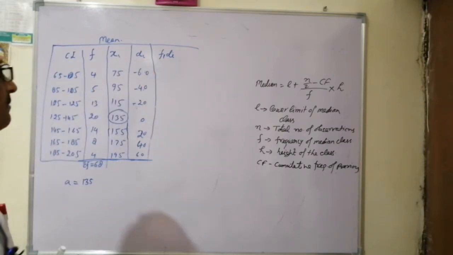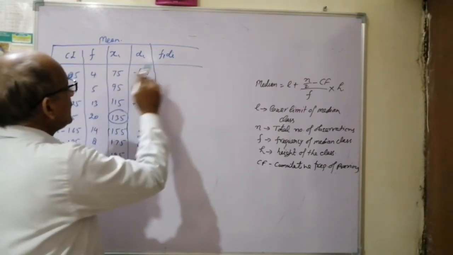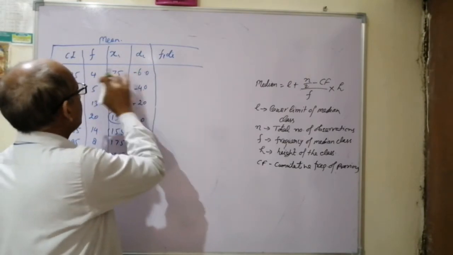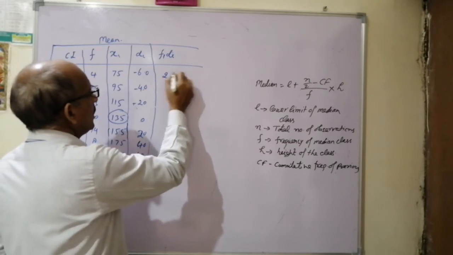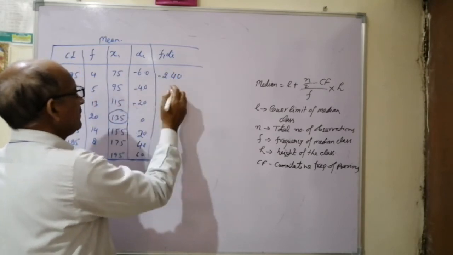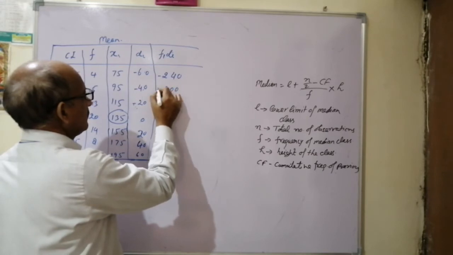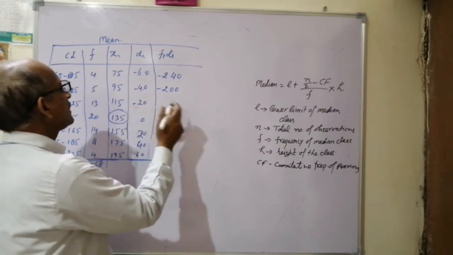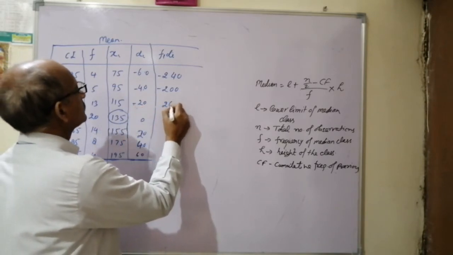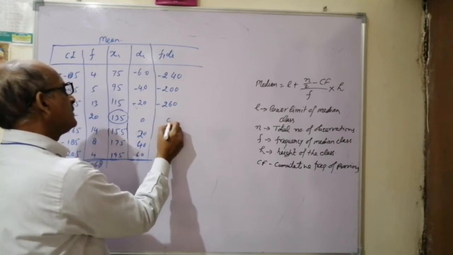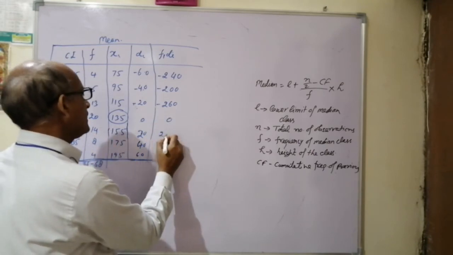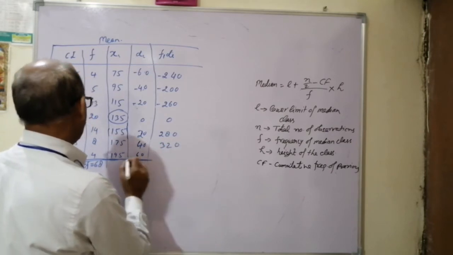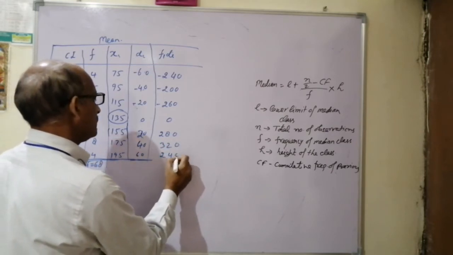The next step is to multiply F and D. Calculating each product, we get values like 15, 6 and 5, minus 4 and 5, and minus 40. The zero will be already added over here. Then 13 times 0 is 0, 14 times 0 is again 0, 8 times 4 is 32, and 4 times 6 is 24.